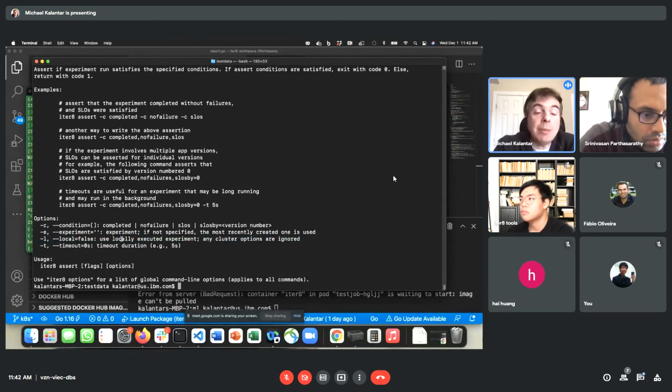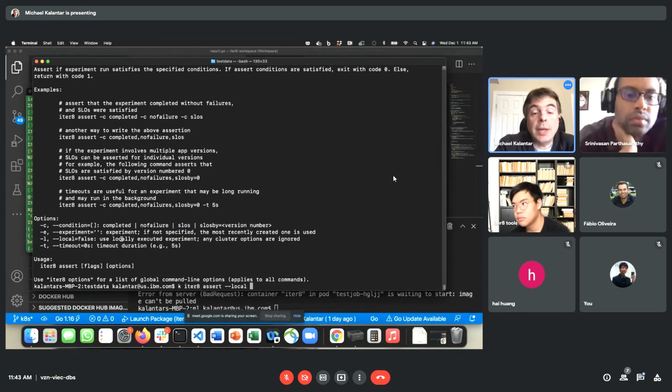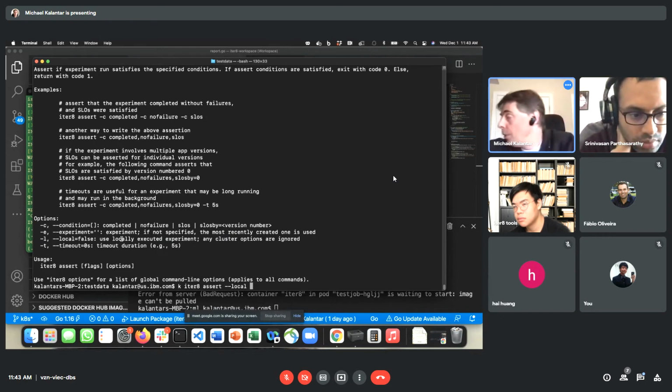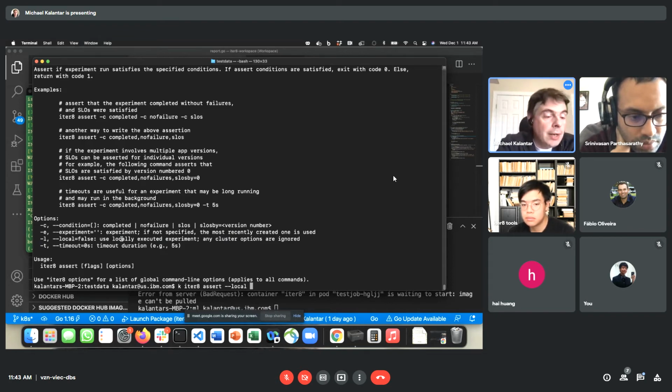So in order to get the same behavior as you saw from iterate assert, when you're using the Kubernetes plugin, you would use it this way with the local option to assert that you're executing an assert on a local experiment. And the same is true for reporting. You're reporting on a local experiment. And the same is true for